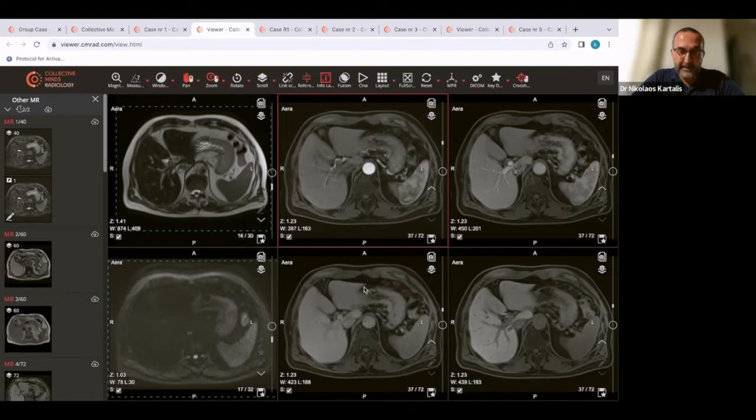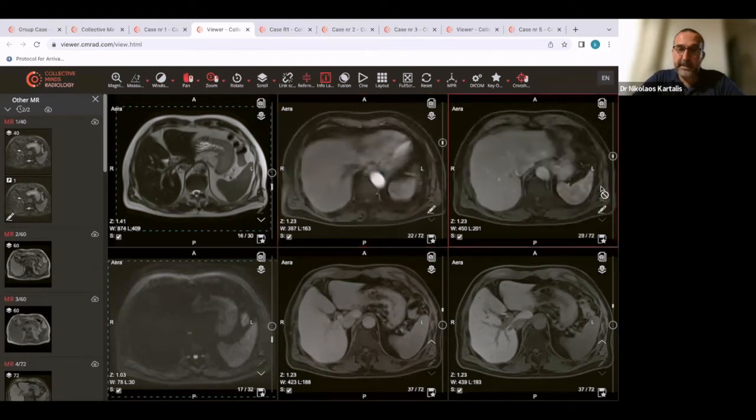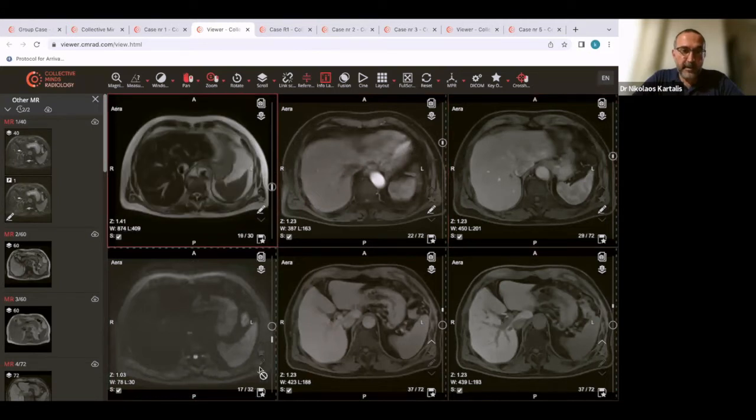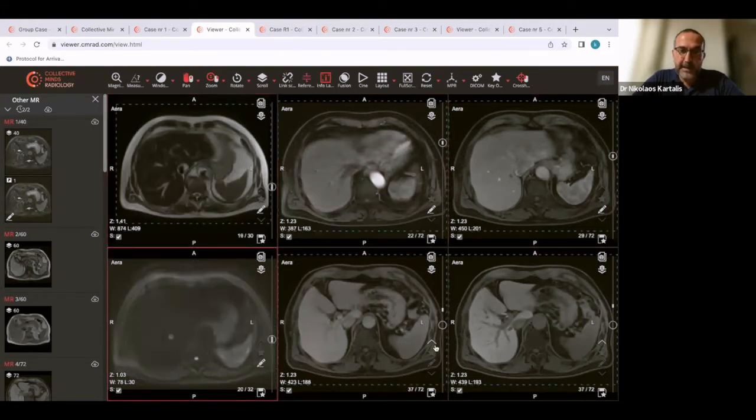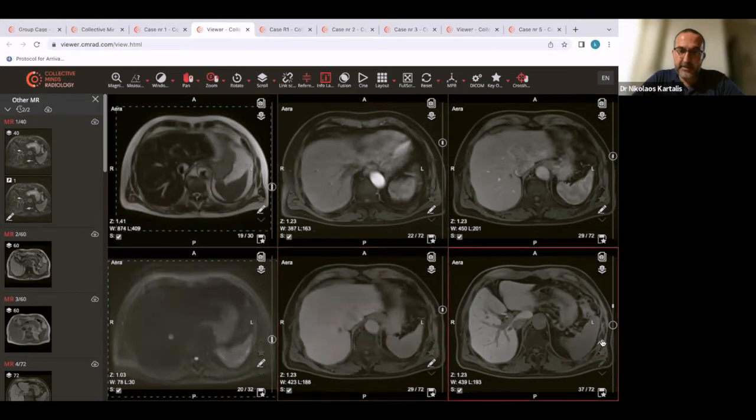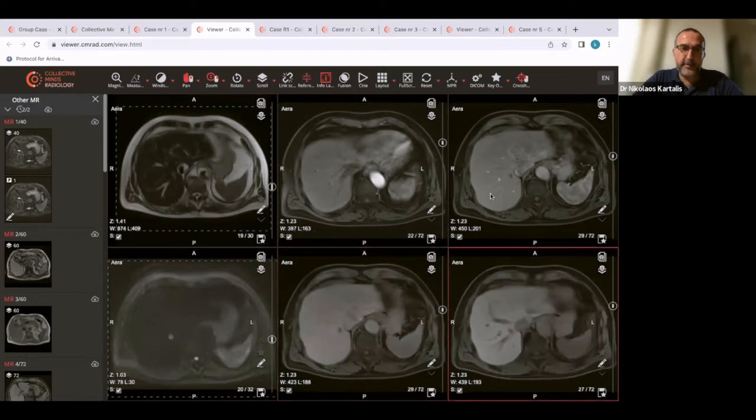The enhanced images have to be reviewed together with the unenhanced image, just to see that some enhancement is really enhancement and not pseudo enhancement. And of course, we have to remember that in and opposed phase have a certain role in some of the patients. So I have noted some of the lesions here, the one lesion that we had on CT. And I will try to explain the findings, and then you will vote for them.